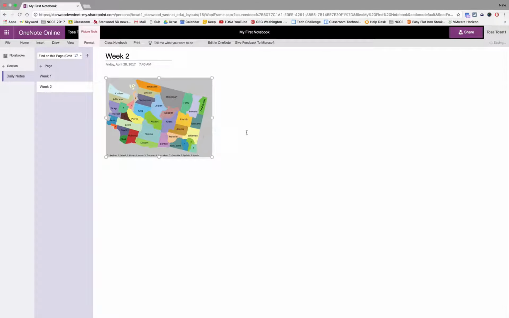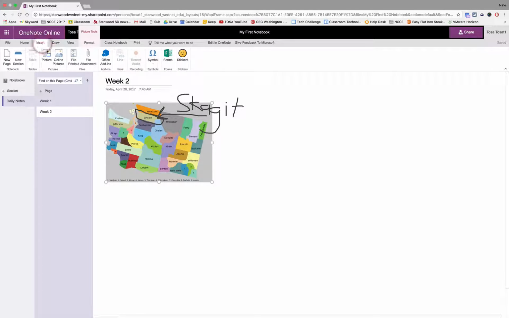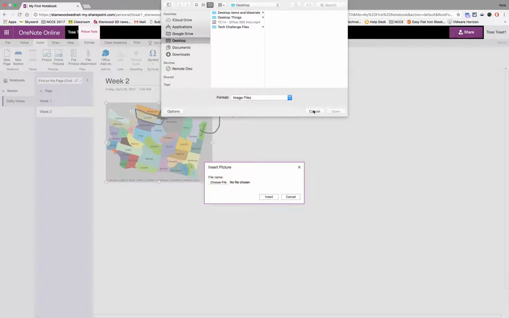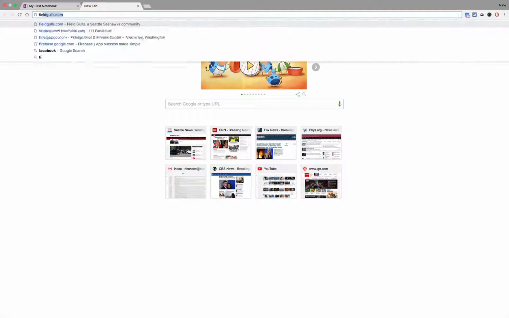I can shrink that up. I can draw on it. Okay, and so that's one option. I can also insert pictures from your computer, so I could upload a picture if I wanted to. You can also pull them from a website, so I can go here